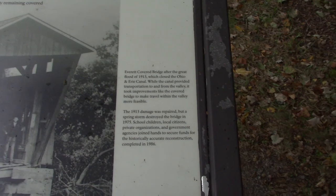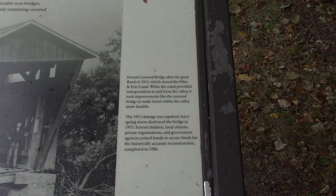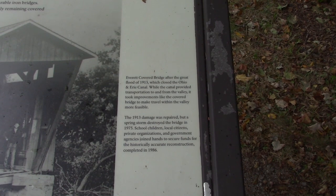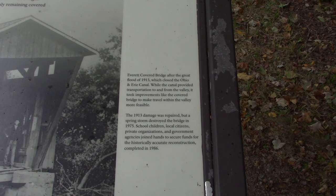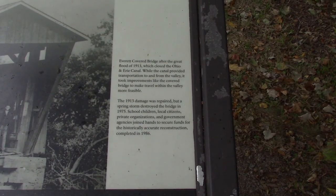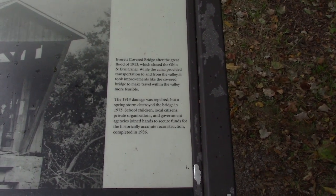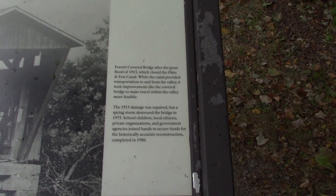It says, "Everett Covered Bridge, after the Great Flood of 1913, which closed the Ohio and Erie Canal. While the canal provided transportation to and from the valley, it took improvements like the covered bridge to make travel within the valley more feasible. The 1913 damage was repaired, but a spring storm destroyed the bridge in 1975. School children, local citizens, private organizations, and government agencies joined hands to secure funds for the historically accurate reconstruction completed in